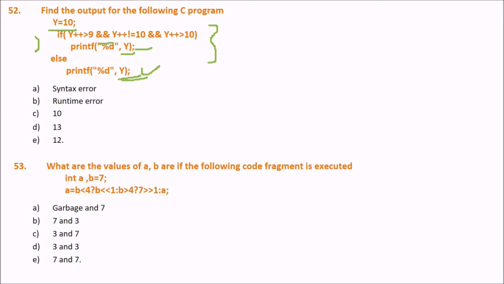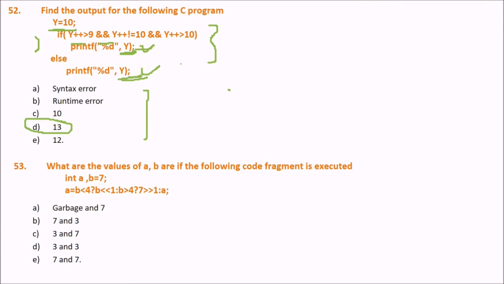Now this is a very tricky question. You have to answer this. Can you tell me the answer among these options? So this is what happens here. See, the answer is 13. Now let me give you an explanation of this. You are printing y, so we are worried only about y. First, these will be checked. Either case, printing of y will be done.